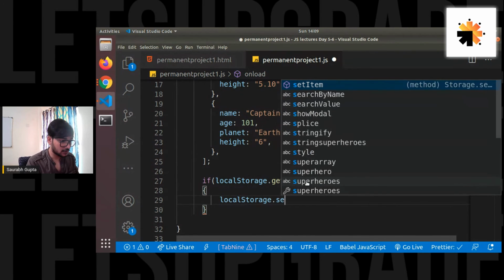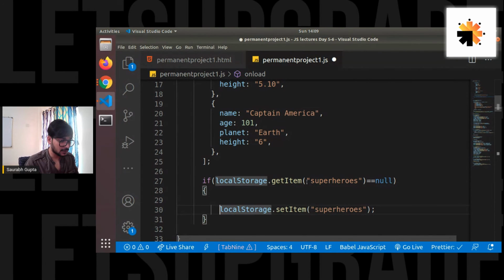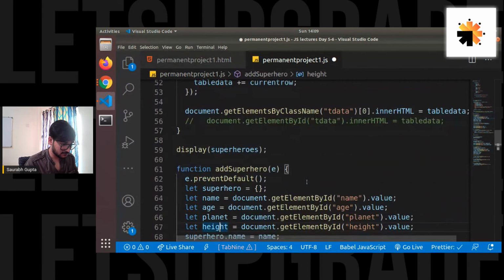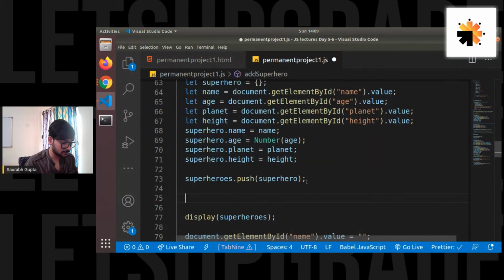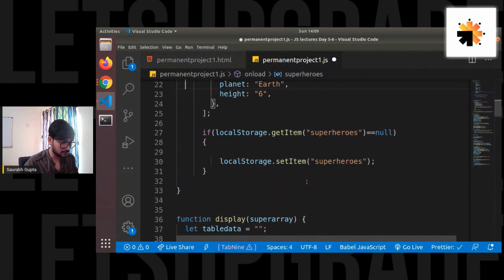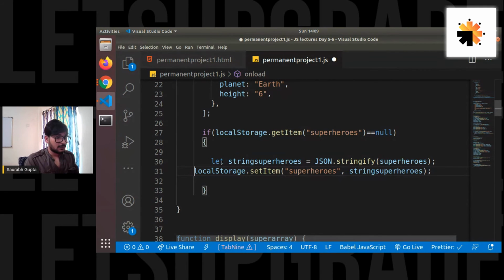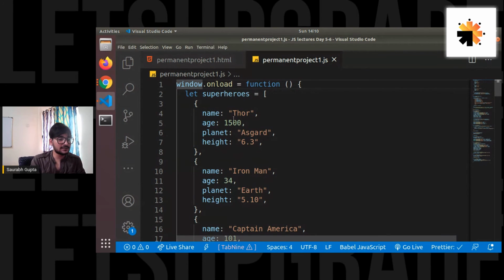localStorage.setItem. This is only for the first time. Superheroes. Copy that thing. Where is it? Oh, this is only for the first time, guys. So for the first time, on load of the window,